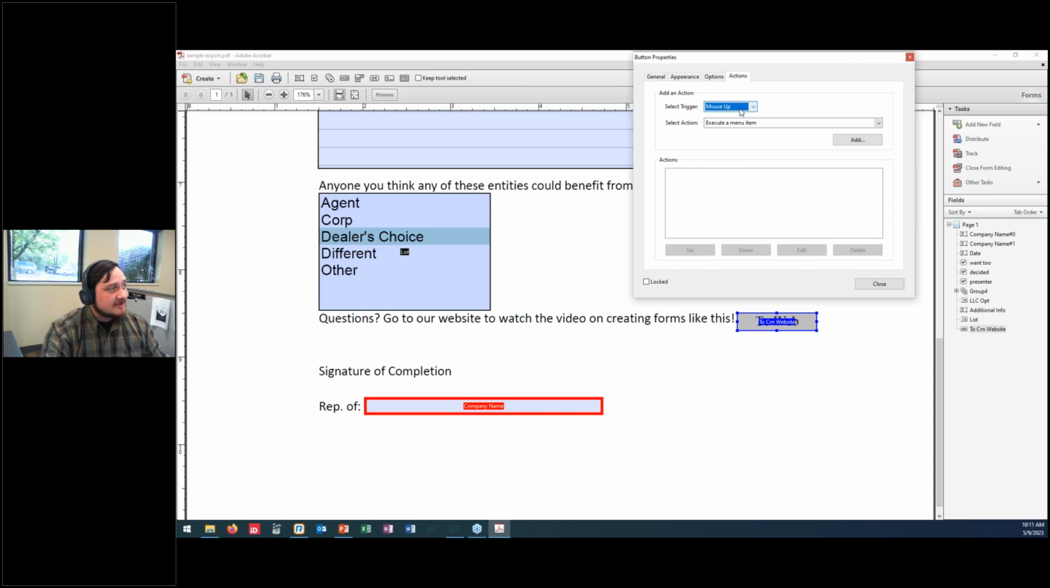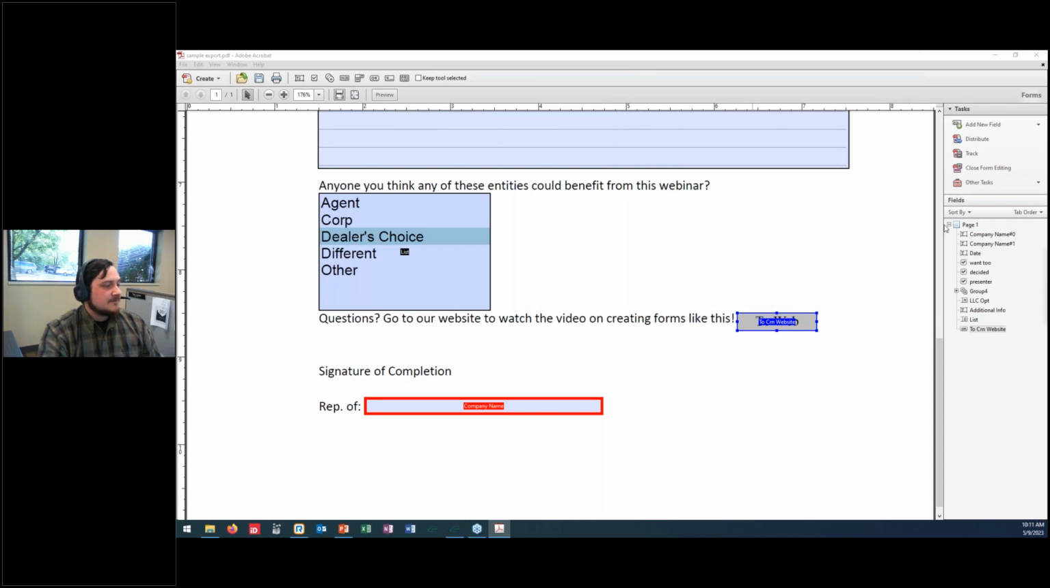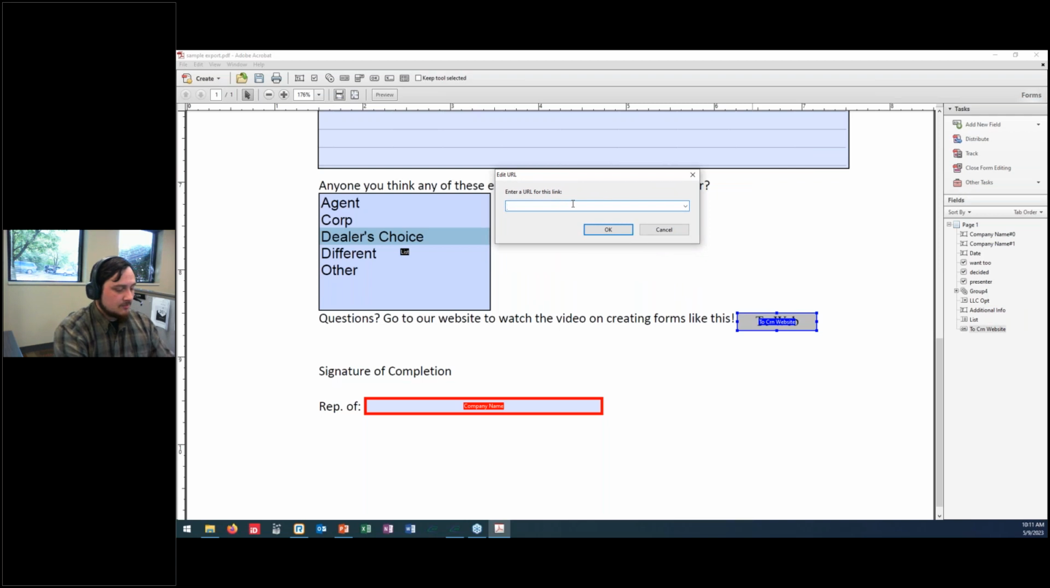And lastly, we have actions. Now, there are a whole bunch of different triggers here, and they're all pretty specific and pretty useful. What I'm going to do is select mouse enter, and what that does is it makes it so whenever you click on the button, it will do something. Then we're going to go to open a web link and hit add. It will open up this dialog box right here that says edit URL. We're going to type in